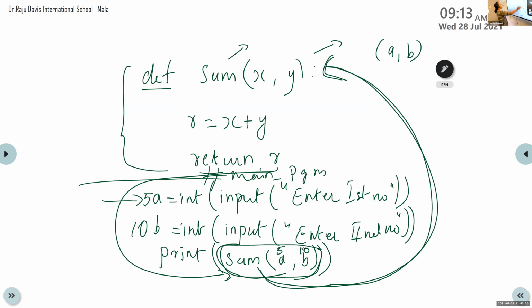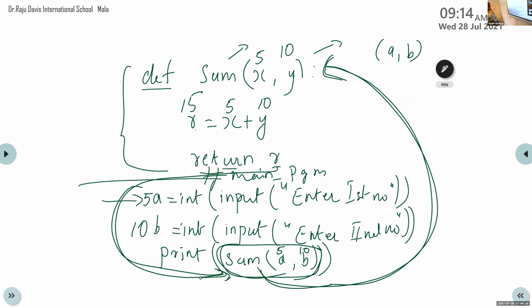So this is passed to x and y: x is 5, y is 10. Then we calculate the result based on 5 and 10. The result is 15. Return r. The content of r is 15. So this 15 is returned and the print statement will print the result. This is the control flow of a function.